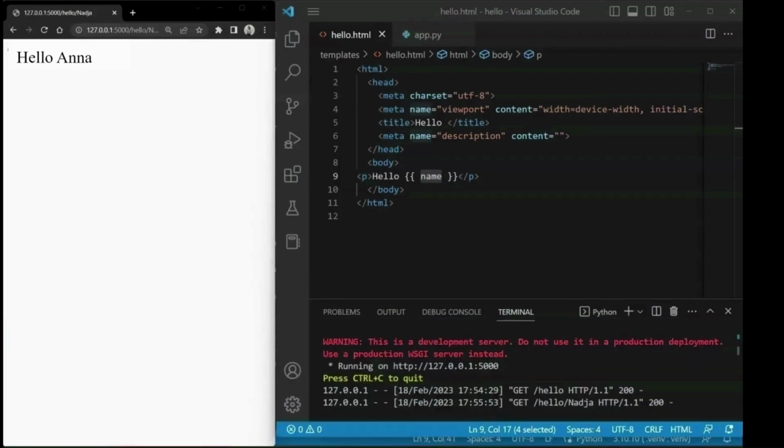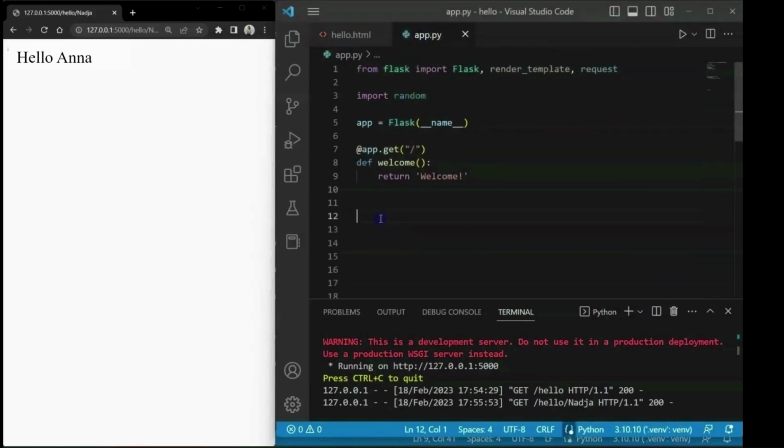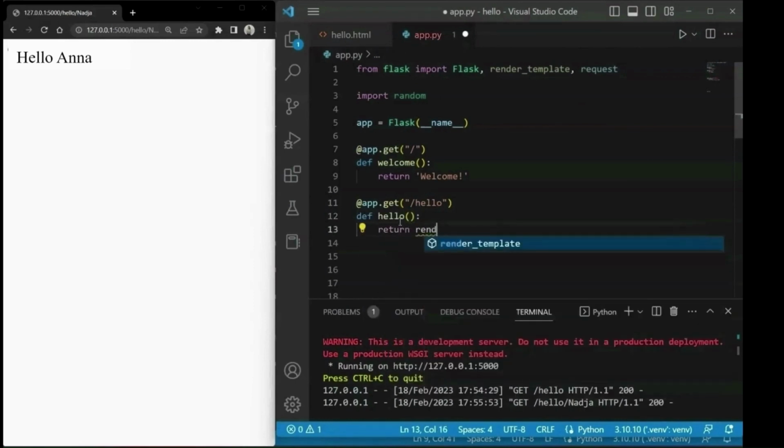So let's forget about the Guess My Number example for a moment and focus on this basic one. What I have here is a hello HTML page that greets a user by simply saying hello and then the name. What I have to do in Python in order to make it work is, of course, to set up a route, and it will be a hello route,